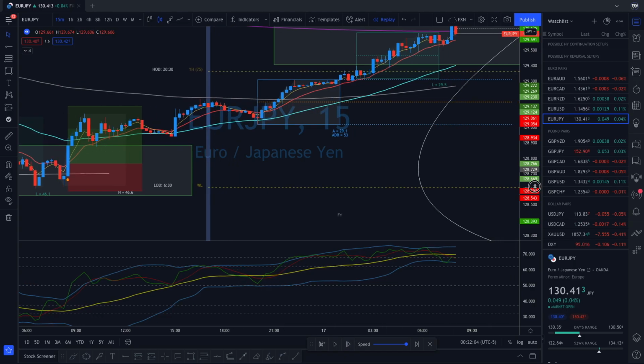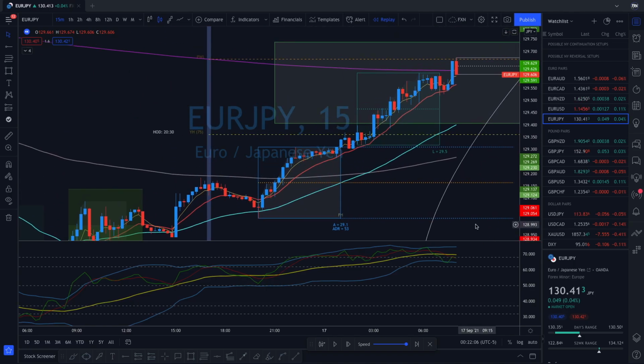All right, so Friday here. Clearly a straight move up. You didn't even get a trade in the London session at all. It's just straight one directional. You could possibly get a type 4 here, but